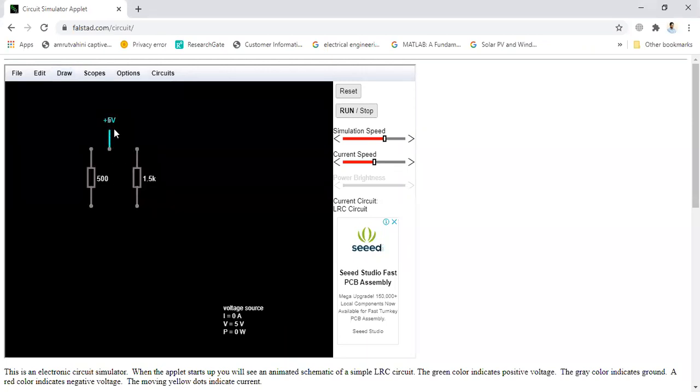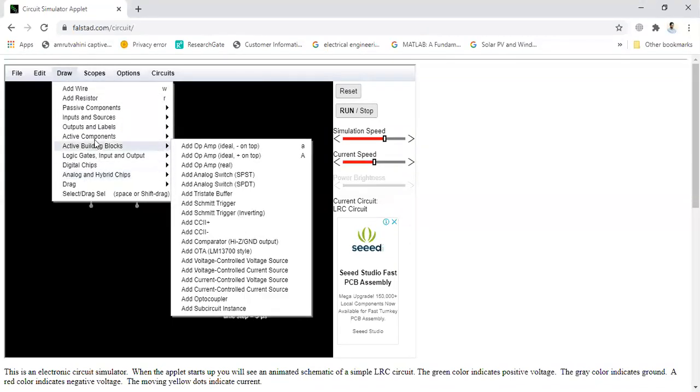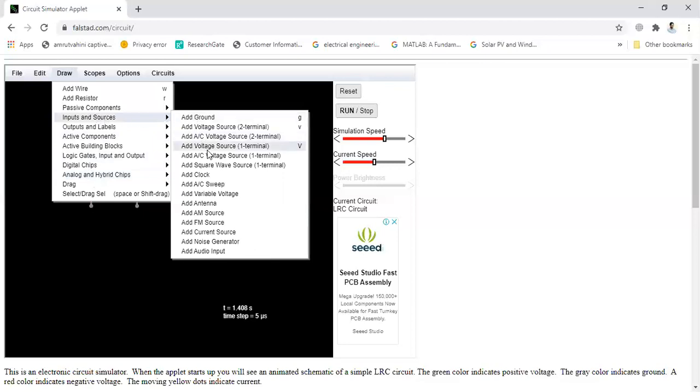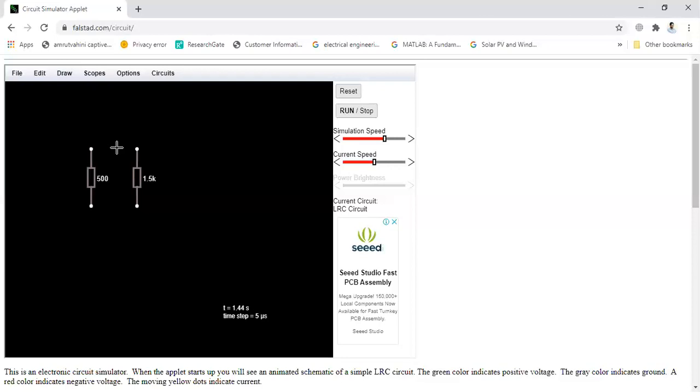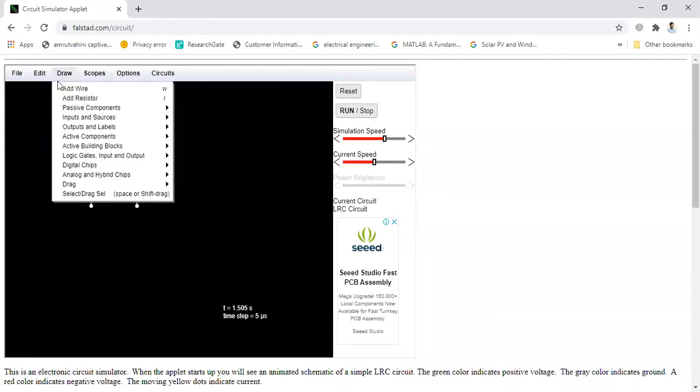I want to shift this one. Input voltage source, single terminal.